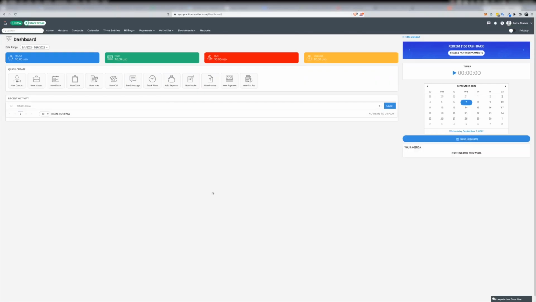So here we are initially at the PracticePanther dashboard. As you can see, this is a demo account, or a dummy account, so there's not a lot of information on here, but we can still show you around a little bit. Today, we're talking about client intake and client relationship management that is built into PracticePanther. So what we're going to look at specifically is the new client intakes that you can create and embed on your website. So we're going to go to